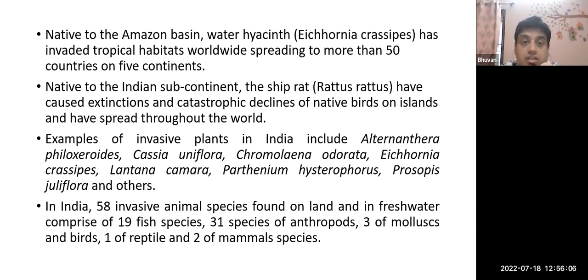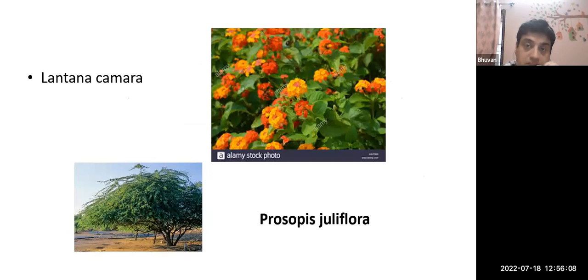So here is a look at the pictures. It is clearly indicating how these invasive plants look. First is the Lantana camara, and as you can see, it has very beautiful flowers, and for its flowers it is grown all across the country, but now it has escaped into the wild, and it is threatening the prime tiger habitat, because wherever it grows, it forms its own dense clusters, and it is non-palatable for herbivores, so herbivores